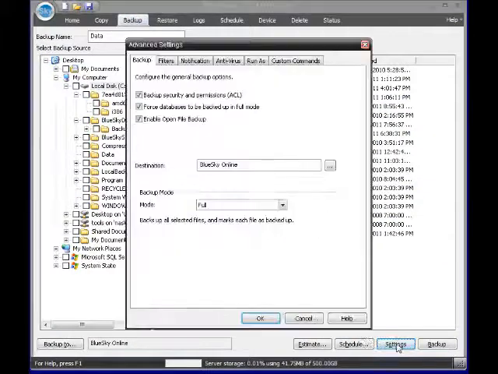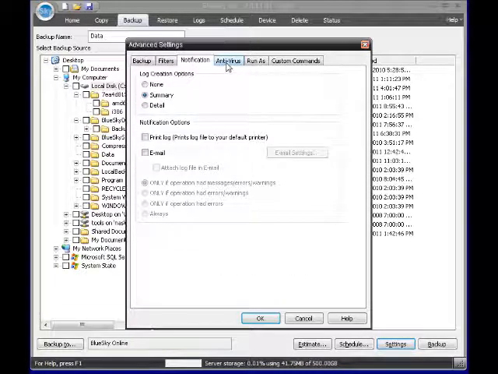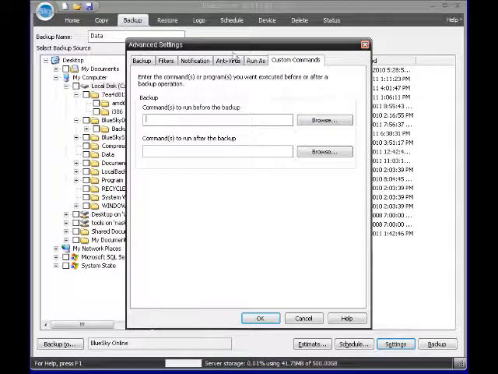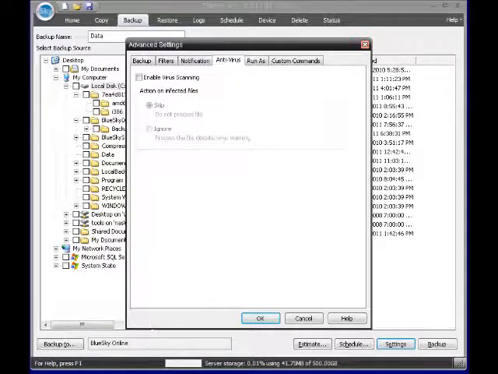Okay, in this video we're going to continue covering the advanced settings for a backup job. In other videos we covered the backup filter and notifications, and now we're going to finish off with the last three tabs: the antivirus, the run as, and the custom commands. The antivirus tab,